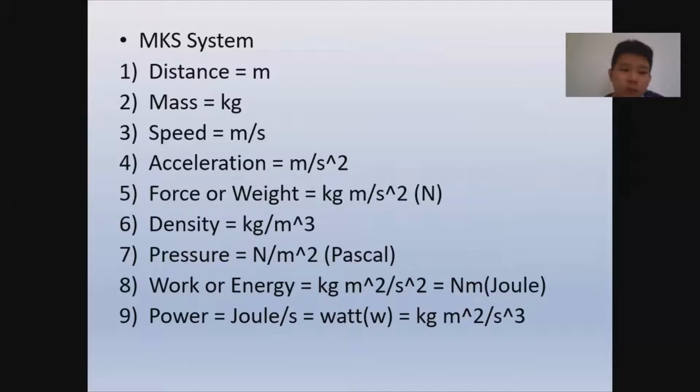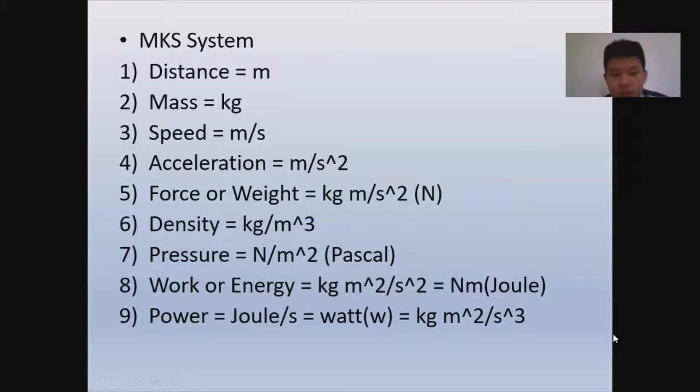Okay, now we will talk about the MKS system. Distance in MKS, the unit is meter, and mass is kilogram, speed is meter per second, acceleration is meter per second squared, force and weight is kilogram times meter per second squared, or newtons, and density is kilogram per meter cubed, and pressure is newton per meter squared, or pascal, and work or energy is